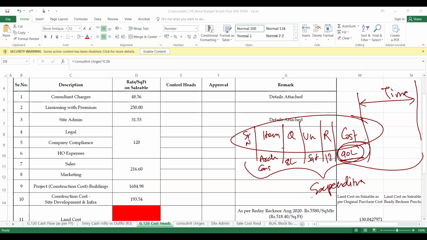This 90 lakh rupees you are not going to allot at one milestone, you are going to divide it in the timeline. So what that timeline is, whether it is in the pre-construction phase, that is the strategic phase, whether it is in the construction phase, whether it is in the post-construction phase,